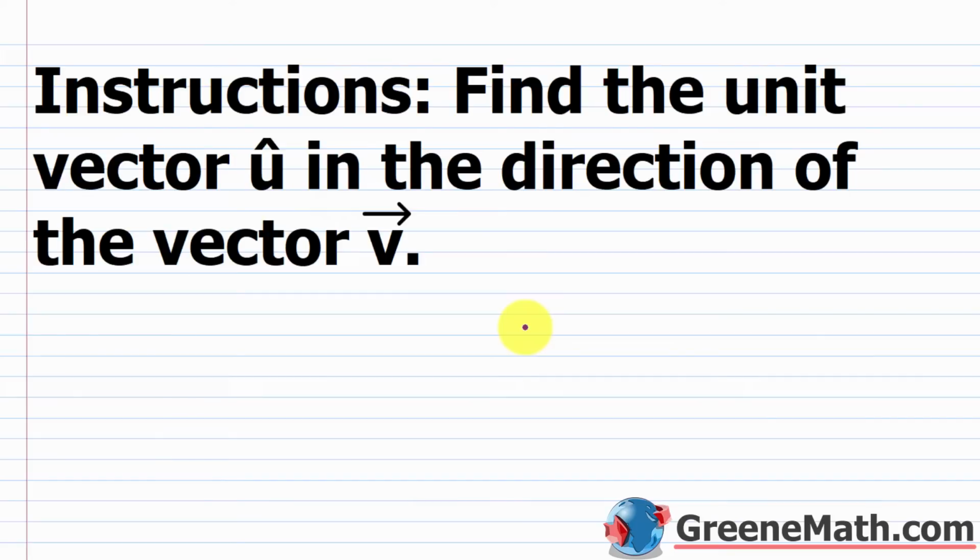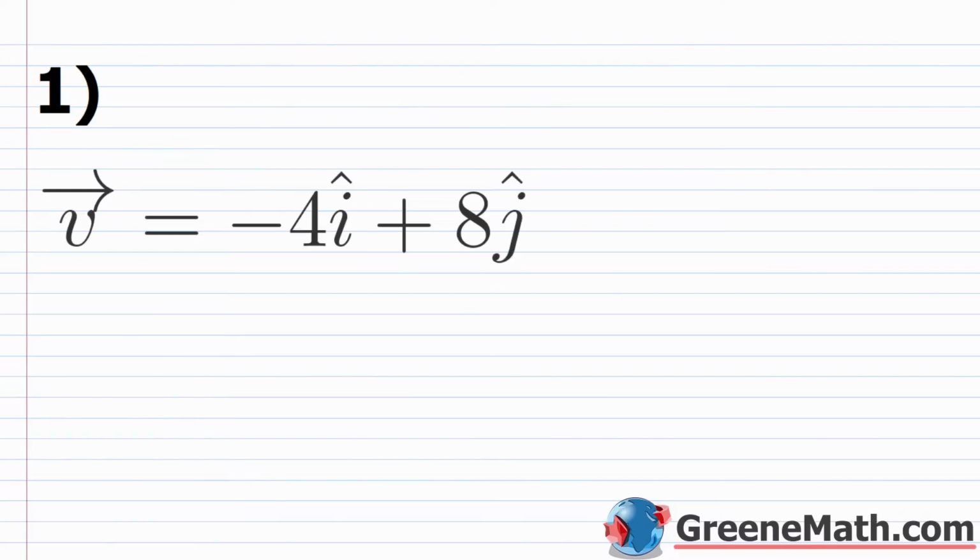All right, let's take a look at the practice test. For the instructions, we're asked to find the unit vector u in the direction of the vector v. So for the first problem, we're given our vector v, and it's written as a linear combination of our unit vectors i and j. So we have to be comfortable with this notation because it's going to come up pretty often in math. So the vector v is equal to -4 times the unit vector i plus 8 times the